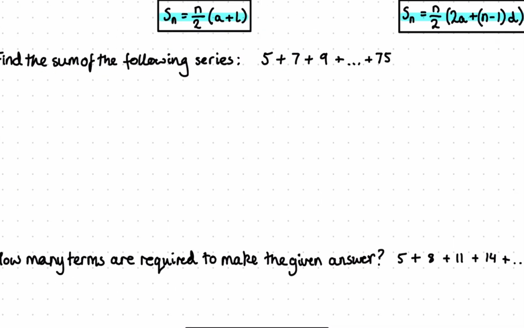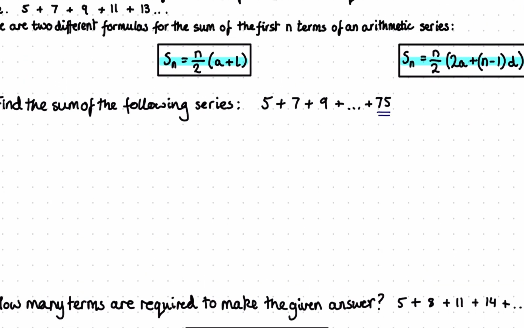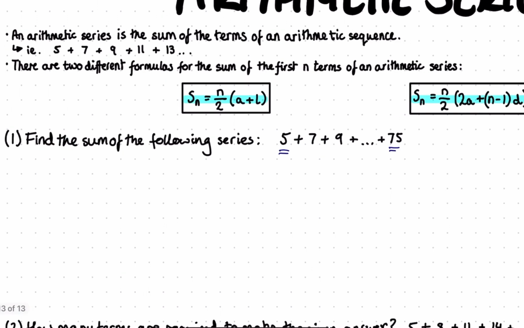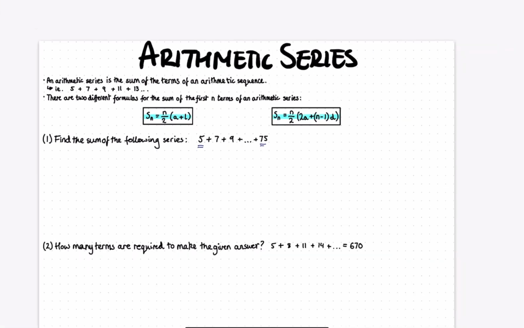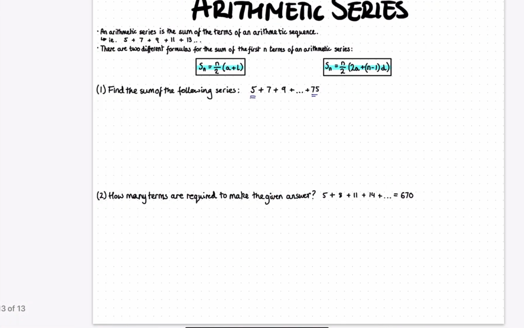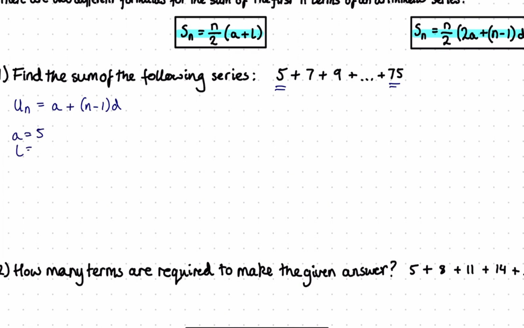So the first one, we've got find the sum of the following series, 5, add 7, add 9, etc, all the way up to add 75. So that means we've got the last term, 75, and the first term, but we don't have a value for n. So that is another thing that we need to do first. So, because we know the last term, we can use our nth term formula from the arithmetic sequences section. So we write that down, un equals a plus n minus 1 d. We know that a is 5, l is 75, the common difference is 2,